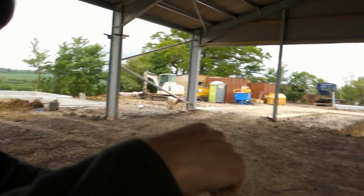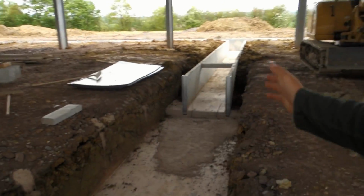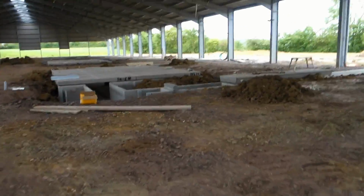we have the first of, I believe, well, this will be the second of the 6, but there's one going there, but they couldn't do that one yet because of the access coming in and out of the building. So we're just starting on the second one. So here's the second one. So number 1 would be there, 2 coming along over here, which will be 3,